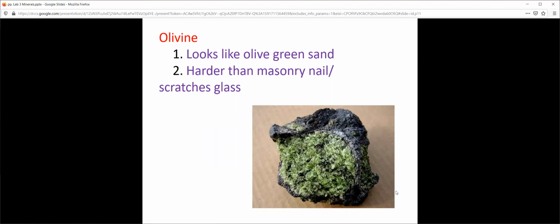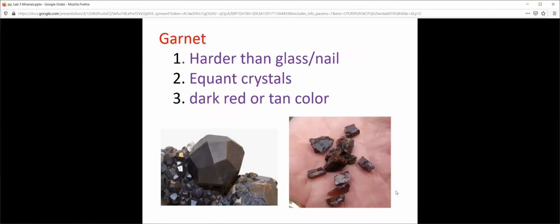Olivine, as I said before, is a very vibrant green crystal. Pretty hard, shows up very commonly in rocks. It almost looks like moss sometimes until you touch it and you get a cut in your finger because it's so hard. Garnet. Interesting thing about garnet. Garnet, we usually think of as a gemstone. However, garnet is not always a bright, vibrant gemstone. The best way to define a garnet is actually via its hardness more so than any sort of luster or color. Garnet is a very, very hard, dense rock.